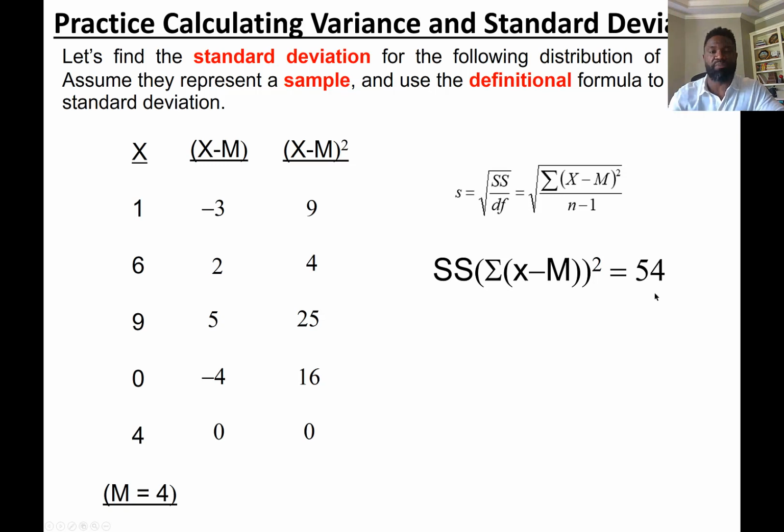That's easy to go. And there should be an equal sign between here. Sum of squares equals all of that, but that's fine. You guys know that's what I mean. And so the sample standard deviation is basically going to equal the square root of 54 times 54 divided by